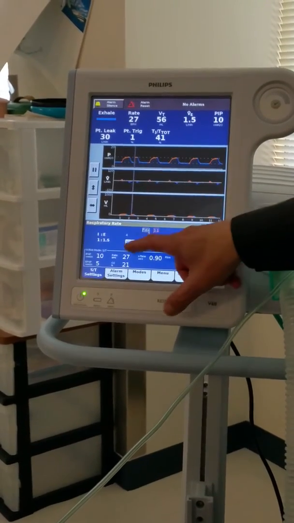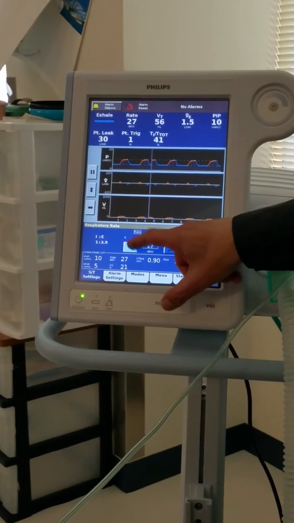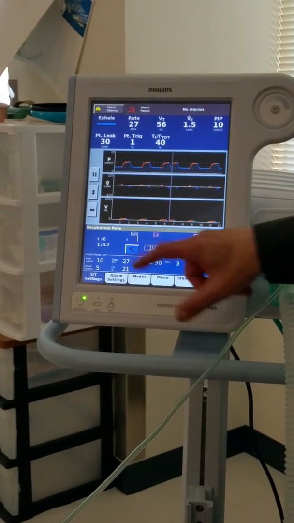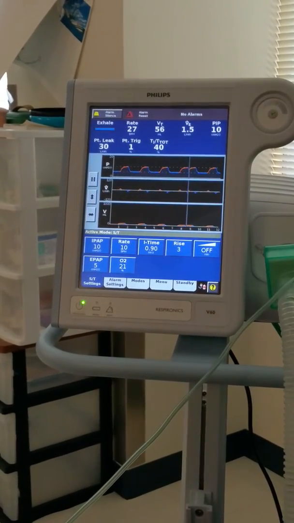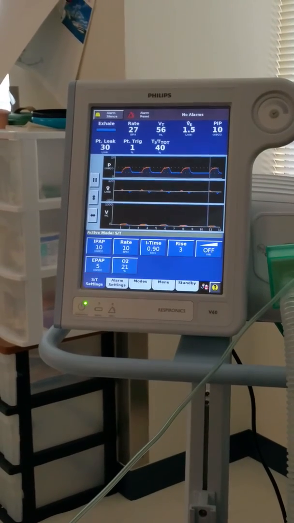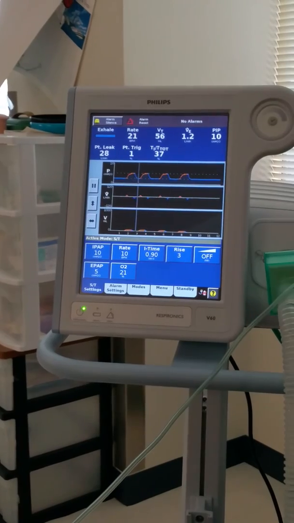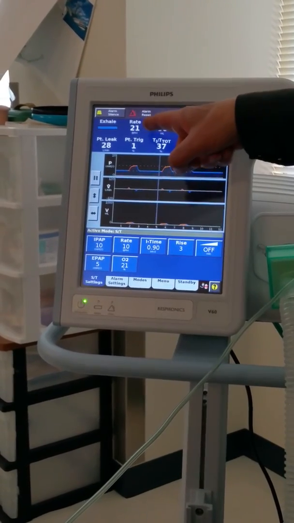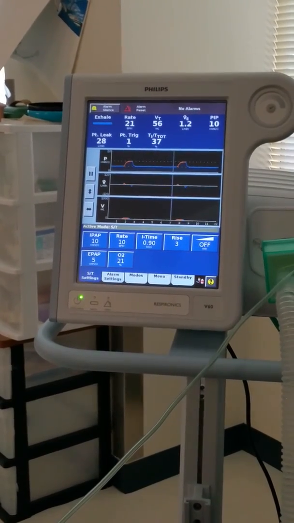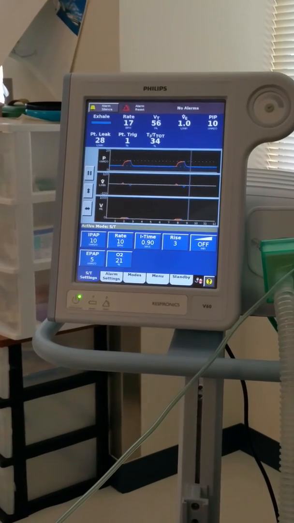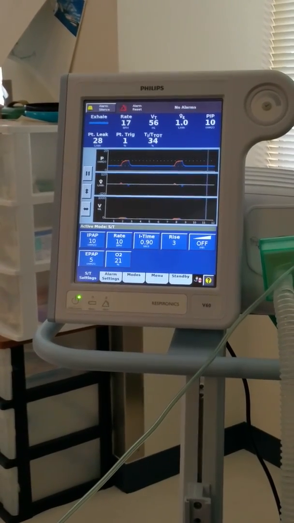Well, I don't ever want to put a guy on 27. Let's go back. Okay, so now we're going back. It always takes the machine about 30 seconds, it doesn't just jump. It's going to take a little while, and that's going to trickle back down to 10 in about half a minute, maybe a little less. Okay? We'll start with